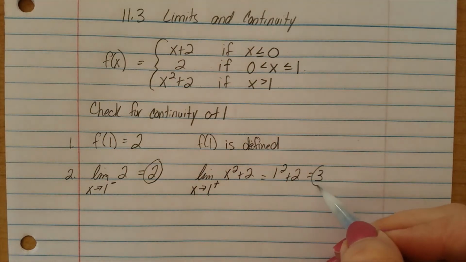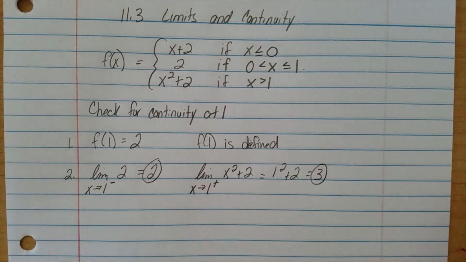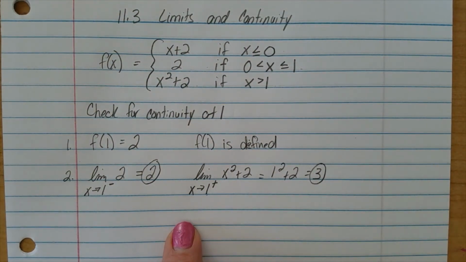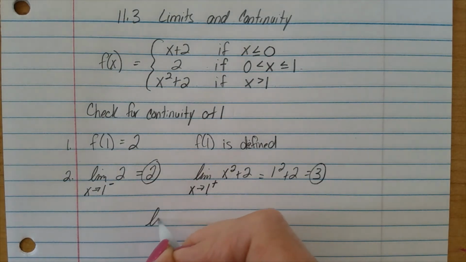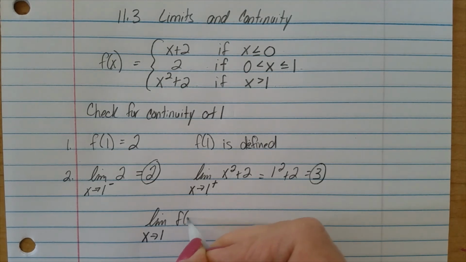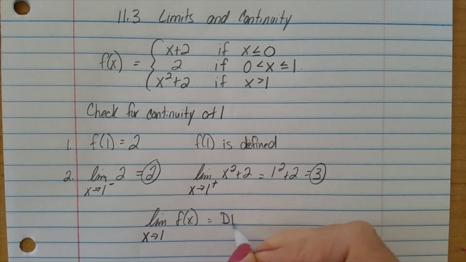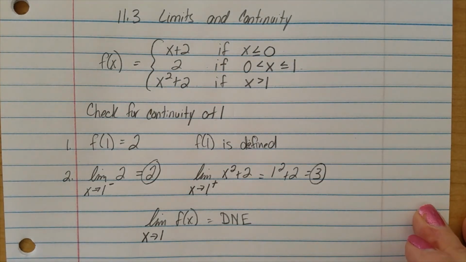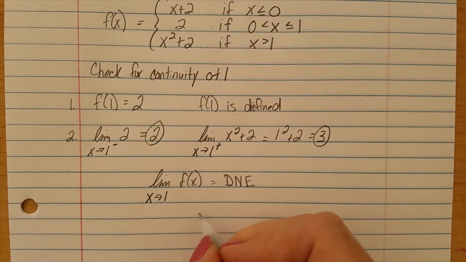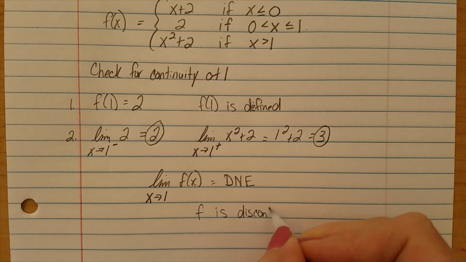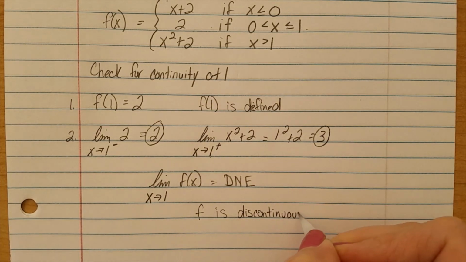Now notice my left-hand limit was 2. My right-hand limit is 3. My limits do not equal each other. So therefore, the limit as x approaches 1 of f of x does not exist. So I don't need to go ahead and check condition 3. It has already failed. We're going to say f is discontinuous at